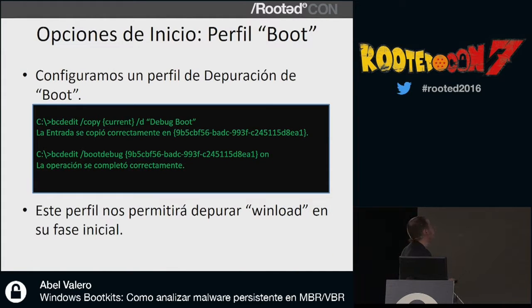Right, here we are. So we tell the system to activate the debugger. Debug boot on the profile we just activated. As soon as we start Windows, we'll see a startup menu and we'll be able to choose the option. If we choose this option, the internal debugger from Windows will be there listening for people to connect.